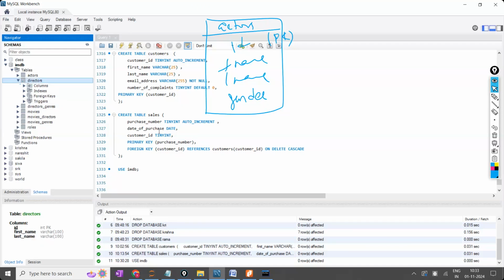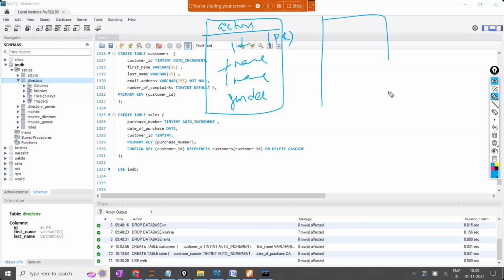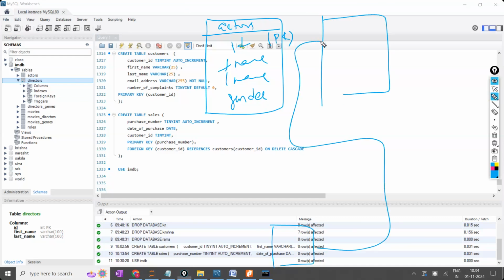Now table number 2. You should write it side by side, or top to bottom. I also don't know which table is connected to which table. How can I know beforehand? Sir, for example, you have taken one side. Assume one more table you have drawn somewhere, and this table has to be connected like this. In between, one table is there, here one table is there. The diagram will not look nice, no, sir. First time it may not look nice. Later I will do the fair copy. Later I will find which table is connected to which table, and I will keep those tables side by side accordingly. First, I only have to get a perfect diagram.